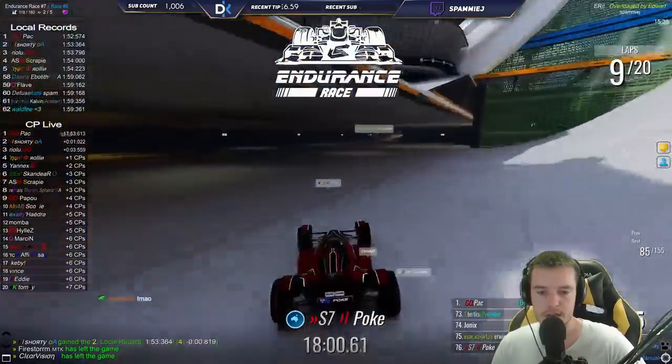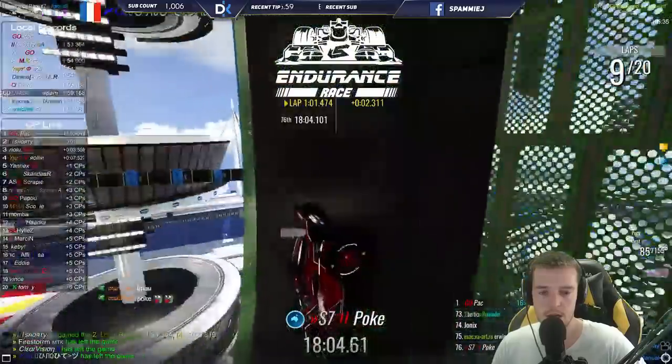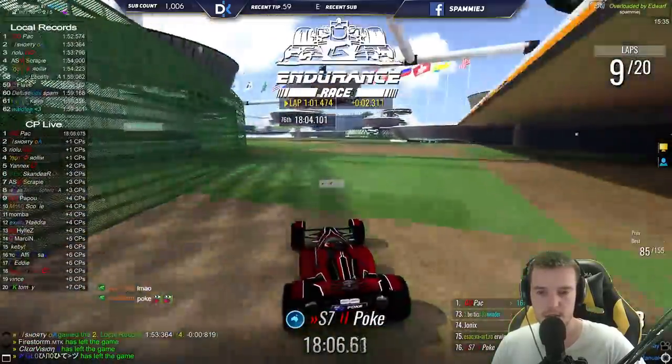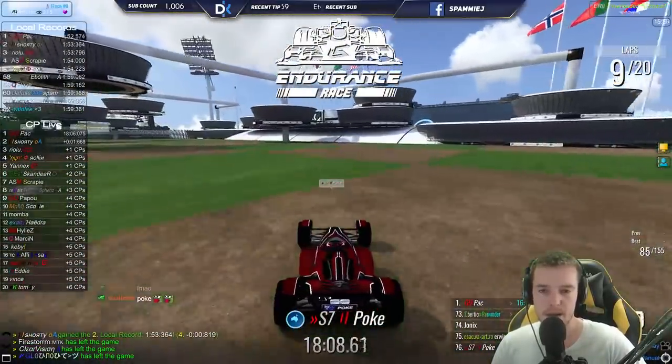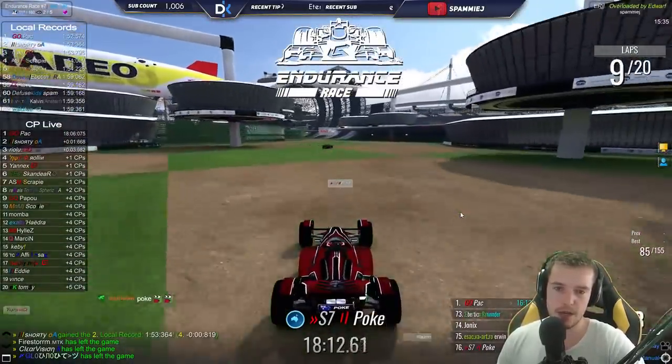Right in front of him is Erwin and Yonix. So Poke might actually get closer to those guys. Oh, but the pillar. That is a big mistake. He will lose a lot of speed on this grass because...